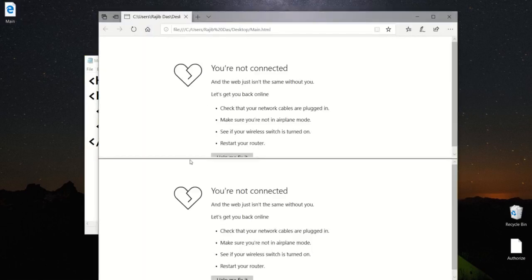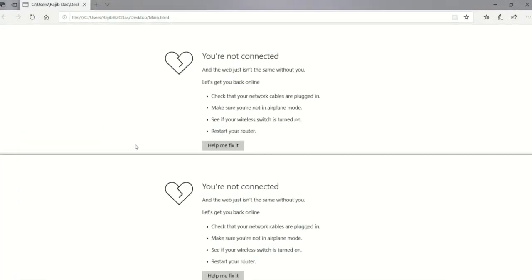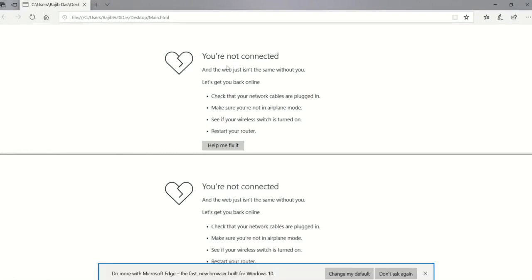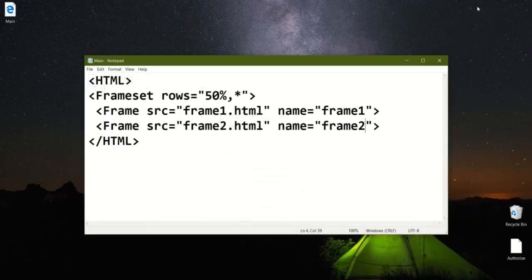See, these are the 2 rows. Okay, 1 row, and row-wise this page has been divided. Okay, see the border, and in this way you can divide the page using frameset in 2 rows. And then